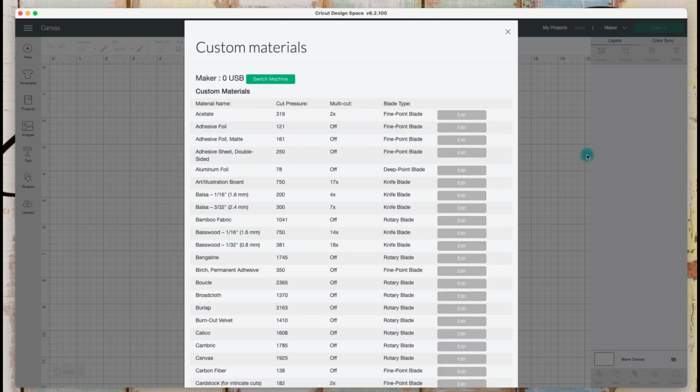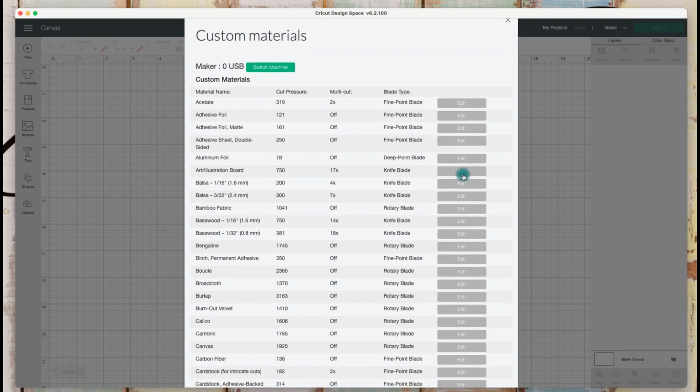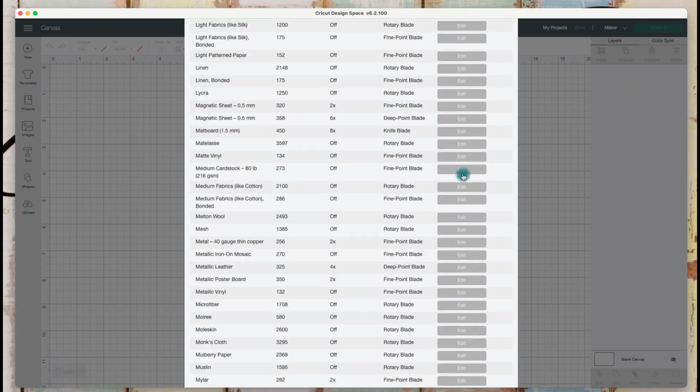If you change your settings, when an update is done, and sometimes updates run in the background and you don't ever even see them, okay? If that happens, it might reset everything back to the originals that you see here, okay? If you have a material that's not listed or you need to adjust settings, scroll all the way down to the bottom